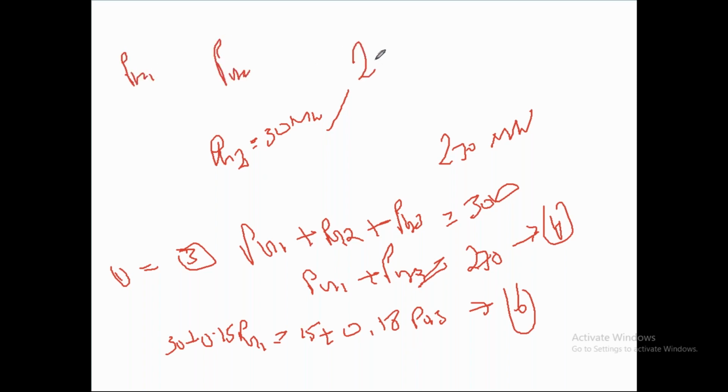So out of 270, we have to calculate these two, that is PG1 and PG3. Find that. So already you know one unit capacity, that is 30 megawatts. Out of the remaining 270, what is the contribution of generating unit 1 and generating unit 3?